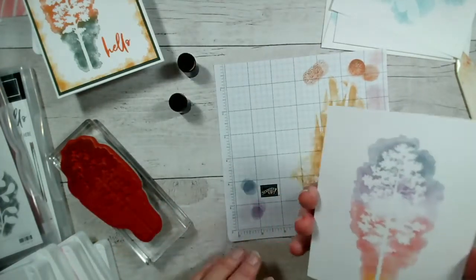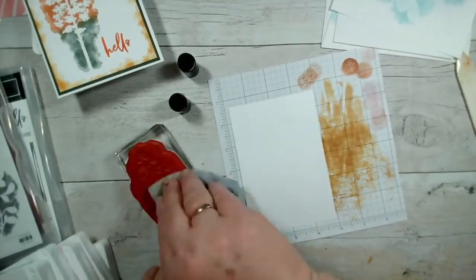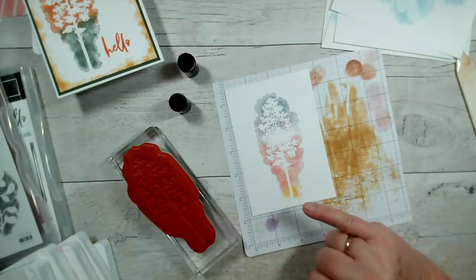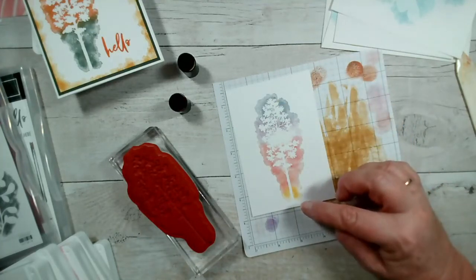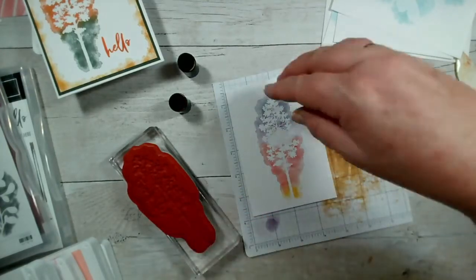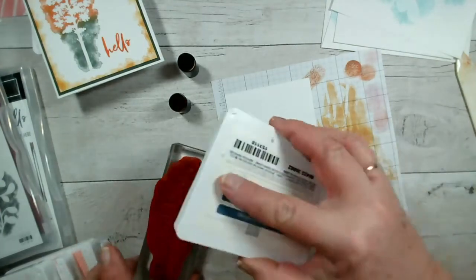So let's clean that off. We have another look at that. So it's, yeah, it has definitely worked in that set of colours, hasn't it? So I need to make sure I've got enough around that middle. Perfect. Okay, so we might as well work from the top down, mightn't we? This time round. So this is